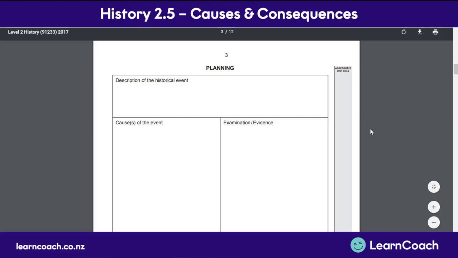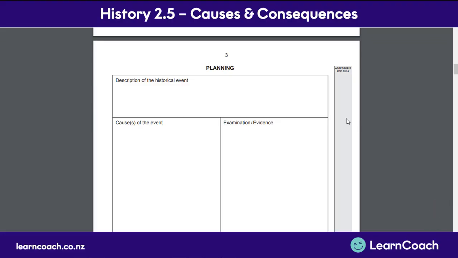This is what the planning page looked like for 2017. As you can see, you can jot down notes for the general details of your event here and your causes here, plus a space for evidence, which is for writing down all the information you've memorized beforehand. There are times when you have mind blanks in the exam. If you write these down before your essay, it will then ensure that you won't forget evidence in the middle of your writing because you've already written it down on this page.